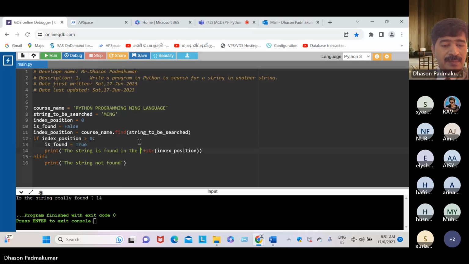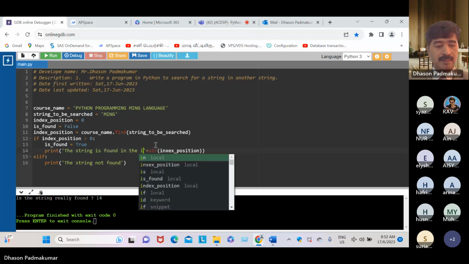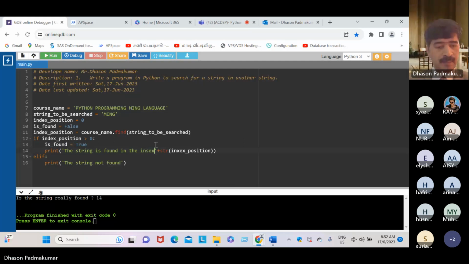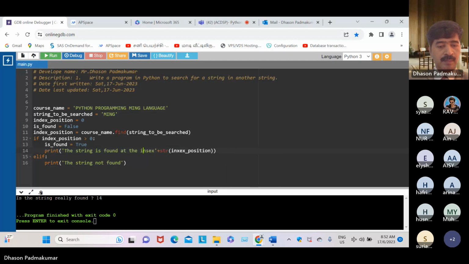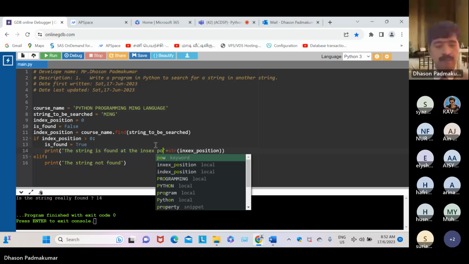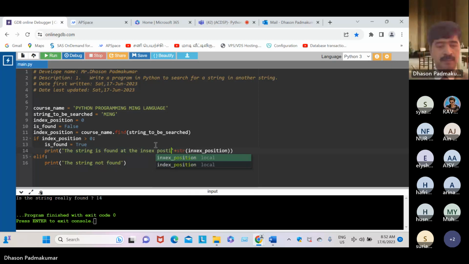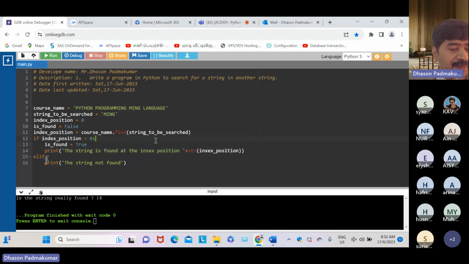Else, print the string not found. Okay, dear students, please check your program is perfect. Course name, string to be searched is Ming, index position is 0.